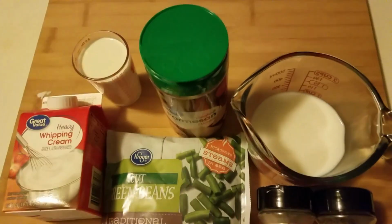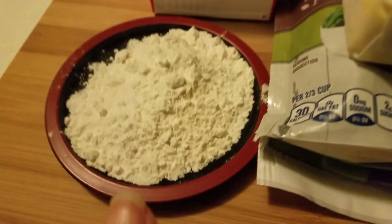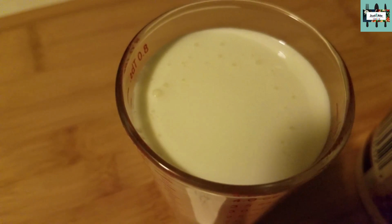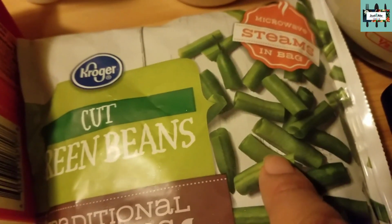And so the ingredients for the green bean casserole I have right here: 2 tablespoons of flour. We have heavy whipping cream, 4 ounces, so it's half a cup. We're gonna have a sprinkle of Parmesan cheese, grated, green beans, cut, that looks like this, half a stick of butter for